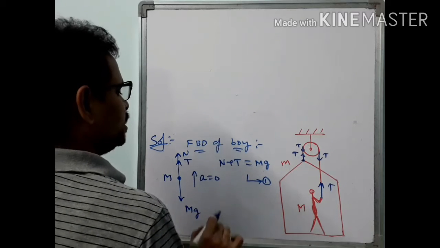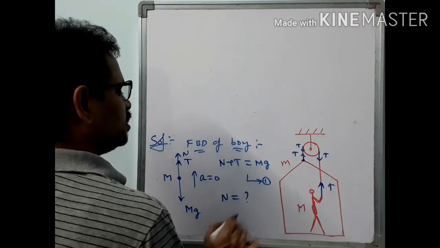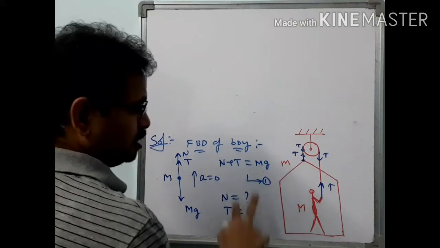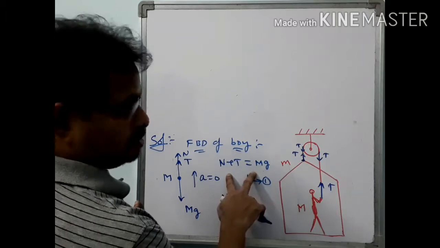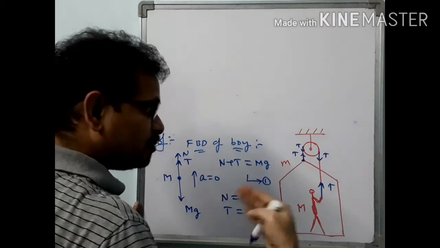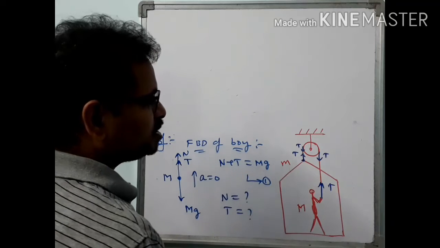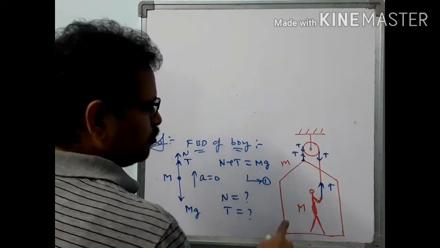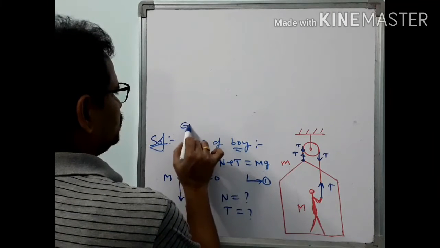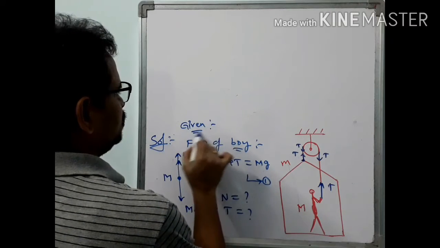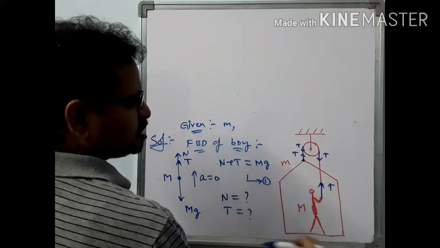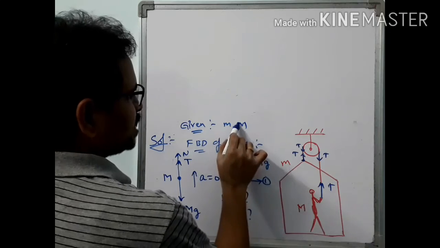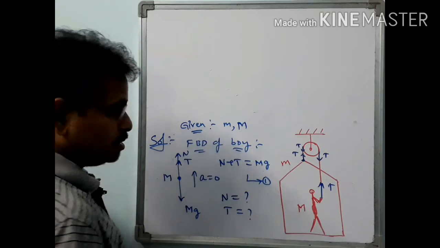What do we actually have to find here? We have to find the normal reaction equal to how much, as well as the tension in the rope equal to how much. Two variables, two unknown quantities are there, but we got only one mathematical equation. Two unknowns, one equation. So we have to make one more equation. See what is there here to make one more equation. And keep one point in mind. What are the given quantities here? Small m, the mass of the box, is given to us, and capital M, the mass of the boy, is given to us. So the answer must be in terms of these two.